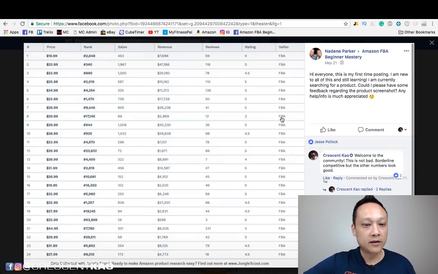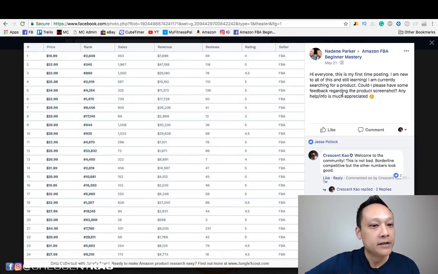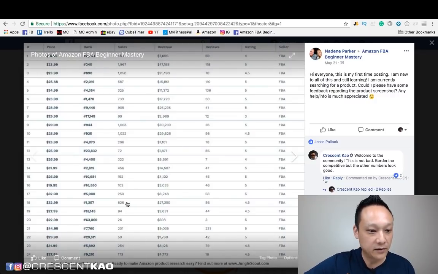All right, let's do one more. Looking at this one, we'll see if the price is at least $15, and it is. And it looks like it's in the mid 20s, the $25 range, which is great. Sales on this one looks really good. If we're aiming for 300 units per month, it's pretty consistent all the way down to the 18th position.